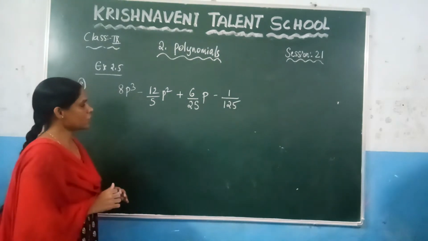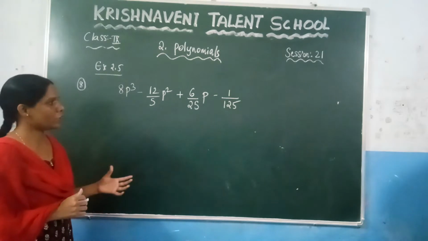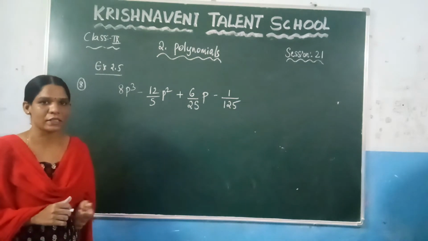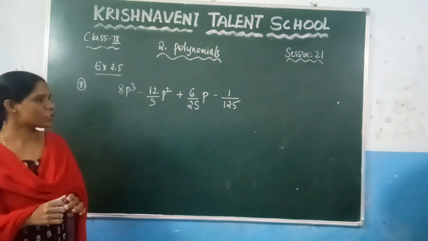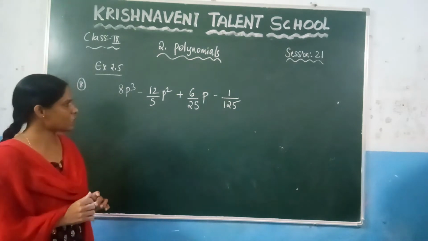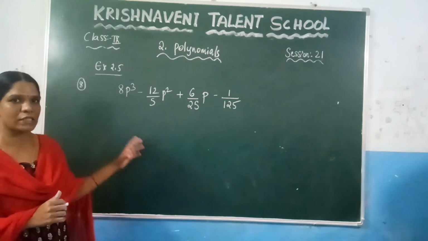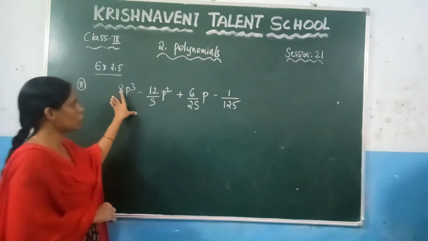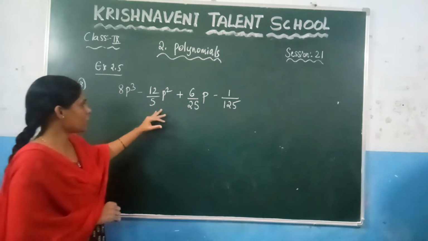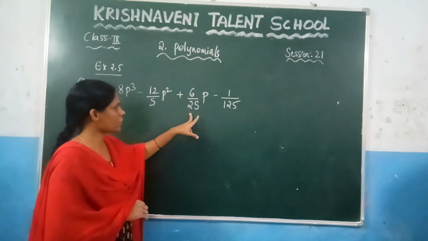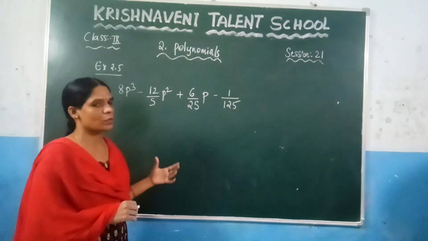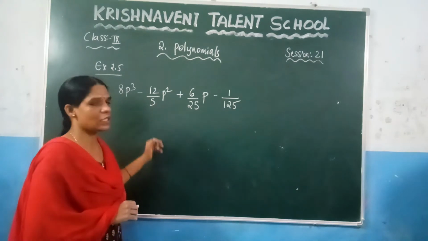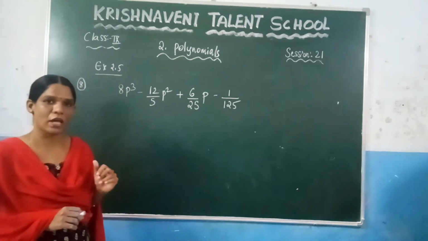Now you can observe that. Now you have to think. You need to apply which identity so that you can change this into the form of one identity. So here, by seeing it, you can observe that it is in the form of a cube minus 3a square b plus 3ab square minus b cube. Just by thinking, you will come to know you can change this into the form of that identity. First you have to change.